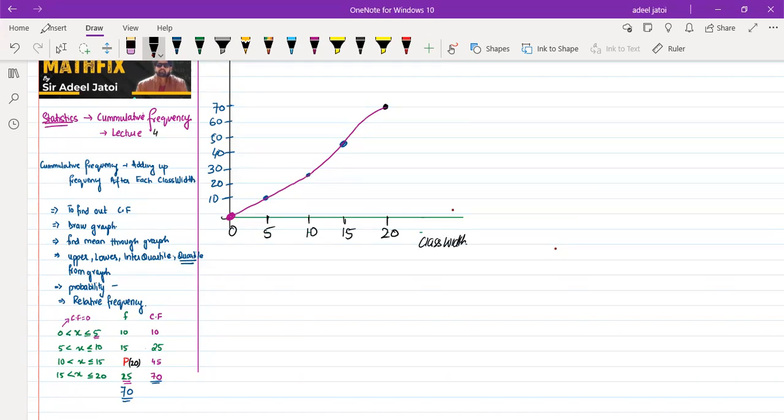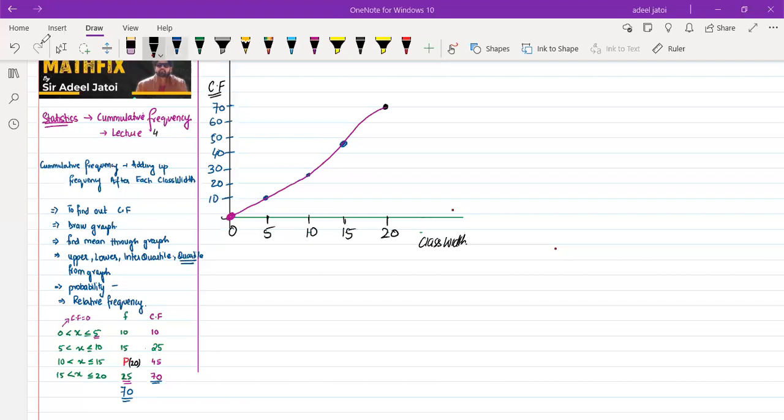On the y-axis, you will always have cumulative frequency when you will be told to draw the cumulative frequency curve. So now, this will be your cumulative frequency curve. So these are the two things that could be asked by the examiner initially. Number one is to find out the cumulative frequency. Number two, you'll be asked to draw the cumulative frequency curve. Now you need to understand that with the help of this cumulative frequency curve, your question will be related to